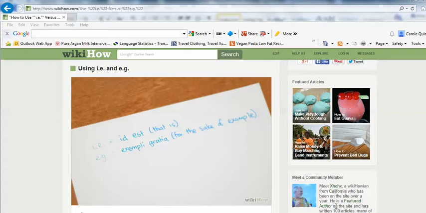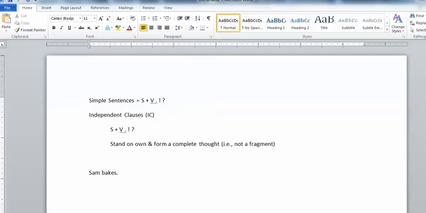Before beginning this webinar, I wanted to make sure everybody understood the meaning of IE and EG. Both of them are abbreviations of longer Latin phrases. IE is the abbreviation for id est, which means that is. EG is the abbreviation for the Latin exempla gratia, for the sake of example, meaning for example, the shorthand on that. So I just wanted to make sure you understood those two before we got started with the webinar,